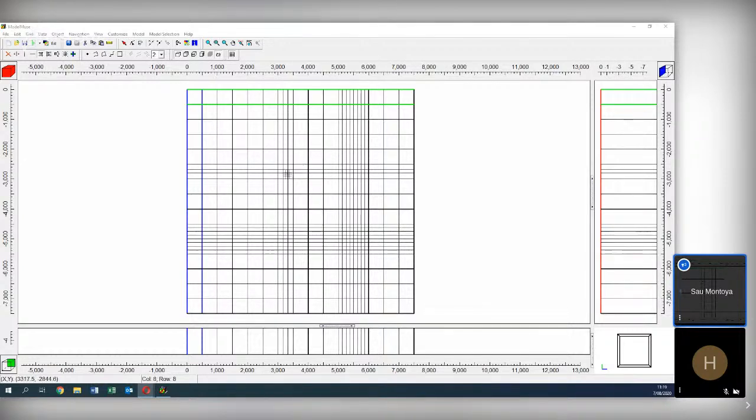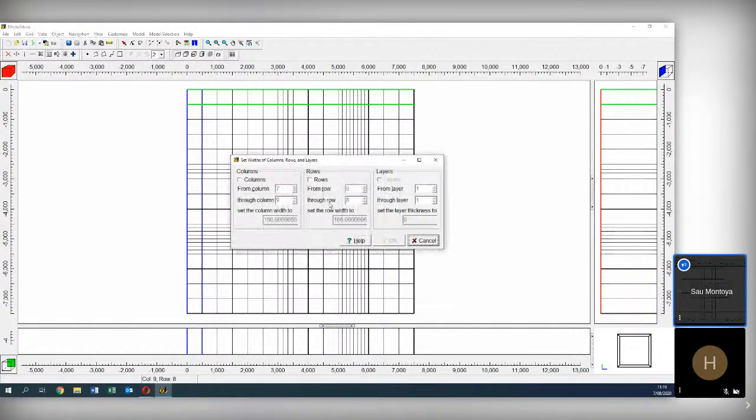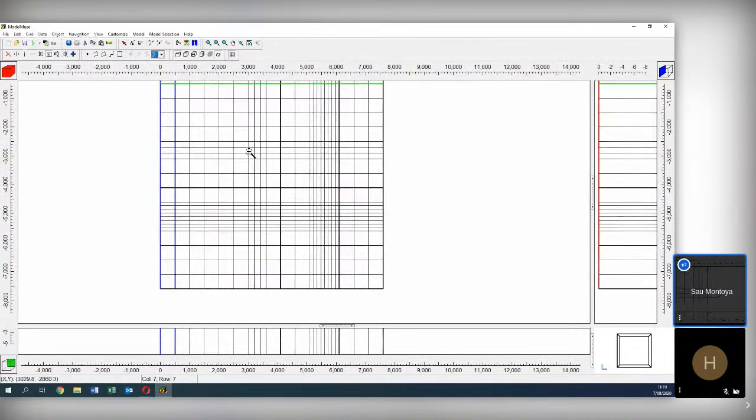For example, if I select 200, I will do this by myself because I have never used this one. Okay, so I say that each row and each column will be 200. Actually, it gives 200 to the thickness, but it affects the model extension.